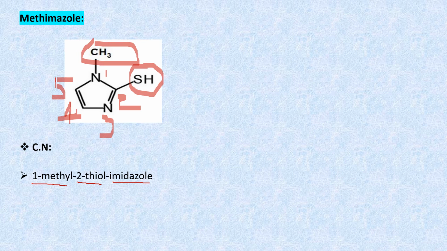In this way, you have to give the chemical name to the structure of the drug. First you identify the basic structure, then give the numbering as per the nomenclature rules, then identify the substituent groups, write down the name of the substituent groups first, prefixed with their positions, and then at the end write down the name of the parent structure. In this way, you have to remember and write down the chemical name from the structures.